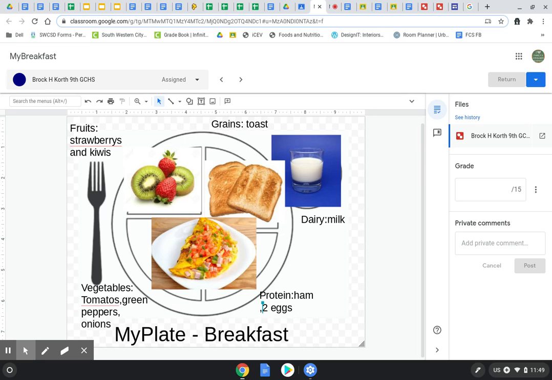And then you can just work on changing what isn't right. So if you work ahead, you're going to be in a better spot. But what you really need to have done is what you can see here on Brock's plate, which is all of his pictures and all of his food groups with the food listed out.